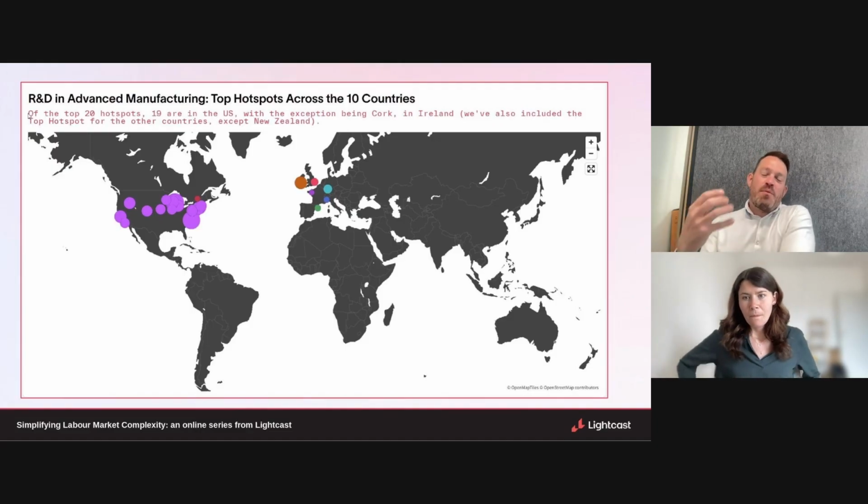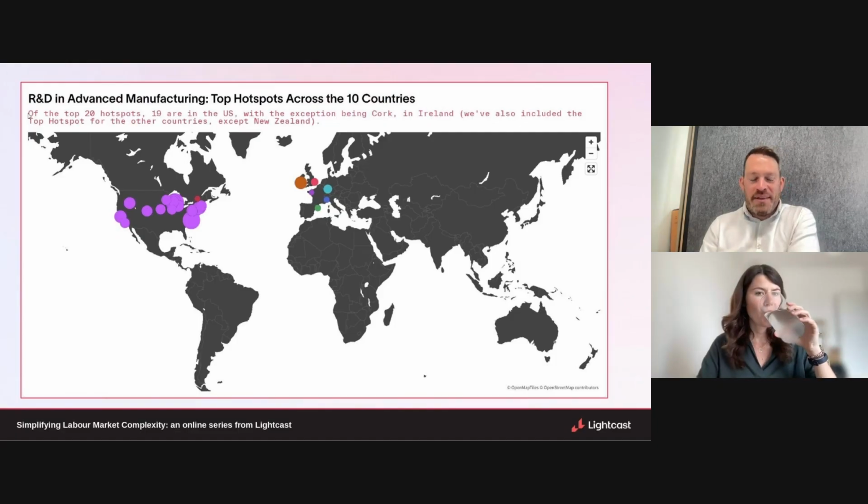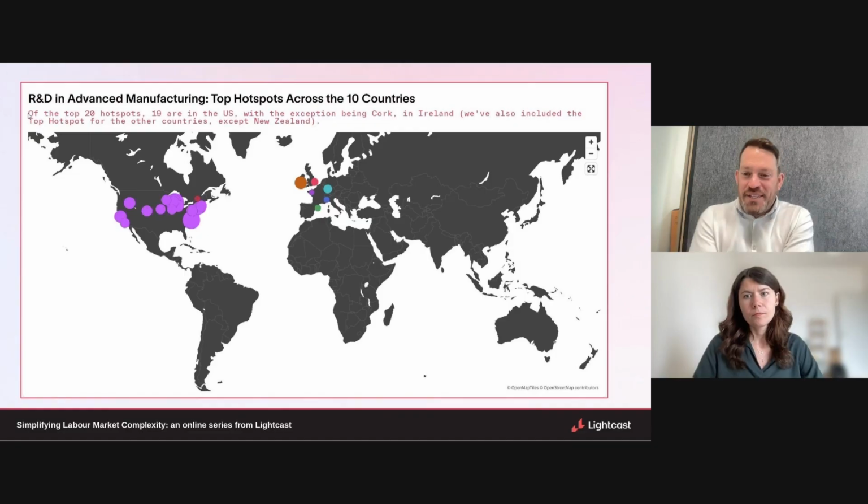So I was going to say, why is this important? Why is this interesting within the framing of the industrial strategy? And of course, advanced manufacturing is one of those 8 key areas where the UK has said, hey, we're going to double down on this because this will help our UK PLC, our economy. And of course, R&D is a critical part of driving the innovation that will create the need for the manufacturing to execute as well. So the interesting question is, do we need to invest more in research and development and innovation to nurture that economy? And what can we learn clearly from places like the US and other hotspots?